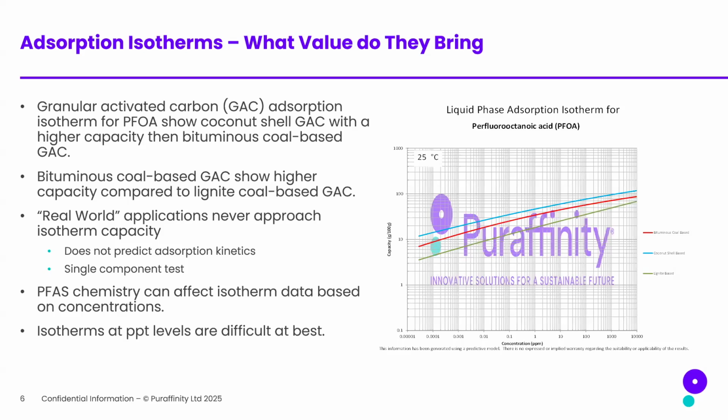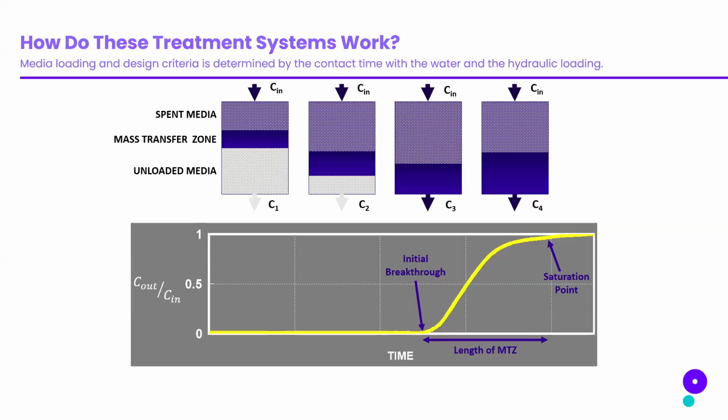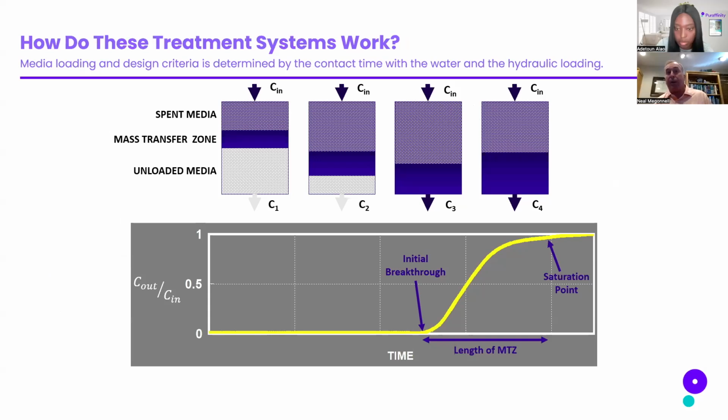And as I mentioned before, isotherms at part per trillion levels are very difficult to work with just because of the amount of material, the volume of water, and the detection limits. So what's the most important thing is how these systems work. Obviously, these are typically pump and treat out of a groundwater. Surface waters can be a gravity filter where the water is flowing down through them. You have water coming in the top, water coming out the bottom, the PFAS compounds are being removed in an area called the